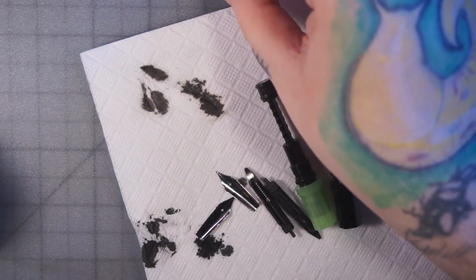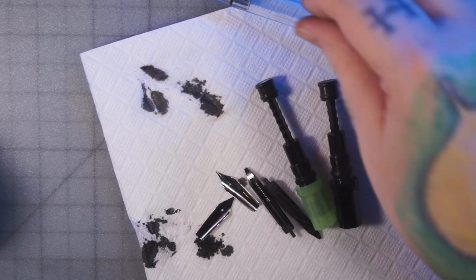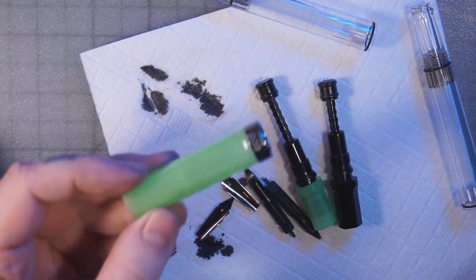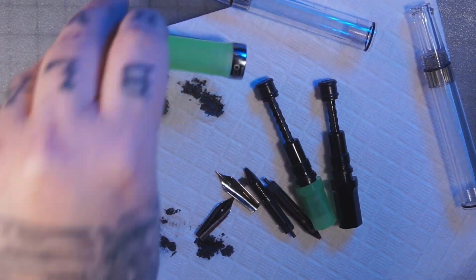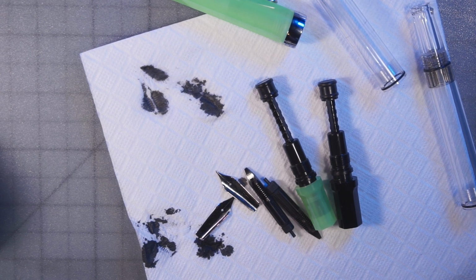I was halfway tempted to just leave it be and see if it mattered, if it continued to get worse, or just kind of ride it out. But I have this medium one around, and I really like the glow green color. And it's not been getting a lot of use since I picked it up. And so we're just going to do the nib swap here, and I will get a hold of TWSBI. And I've heard they have really good customer service, so it shouldn't be an issue. But it is kind of a bummer